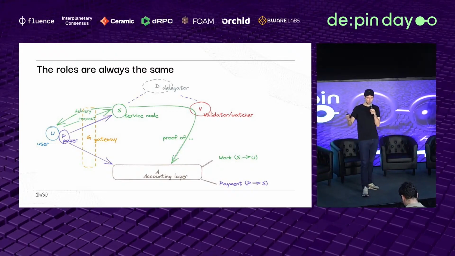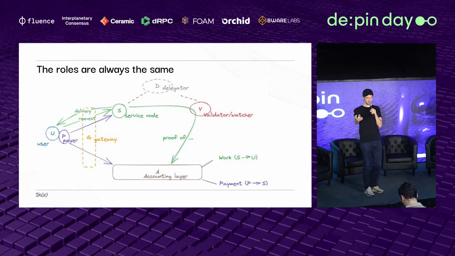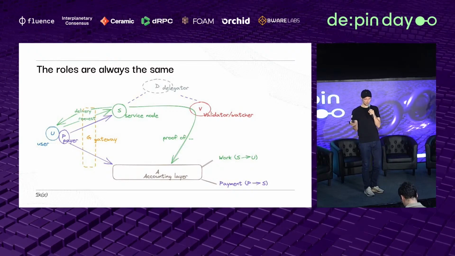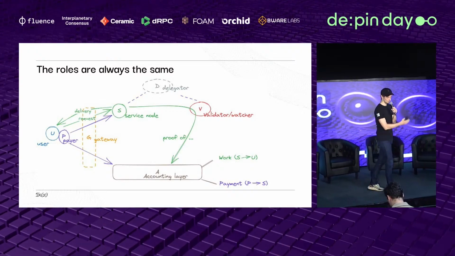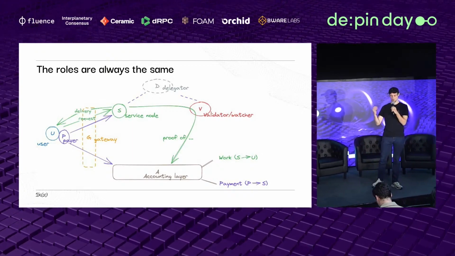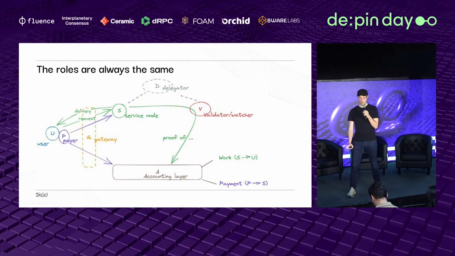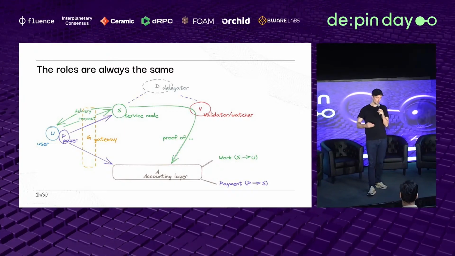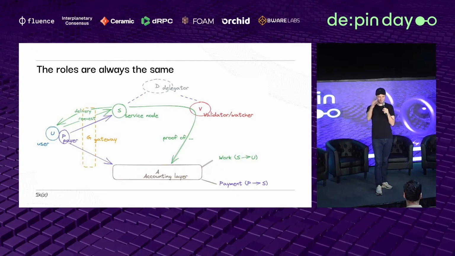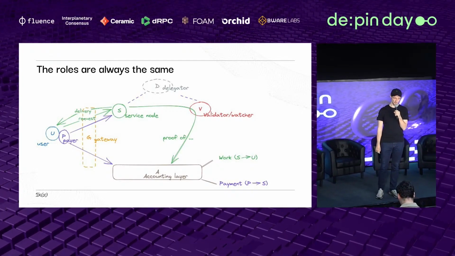For example, if you're familiar with Filecoin, the storage provider provides the storage, hardware disks, right, where you can store the data. So they are the service node. But the storage providers also join in the block building, in the consensus for the Filecoin L1. So they also form the accounting layer. And in that function, they're also the validator. So that's one example where you basically have all roles combined into one entity.